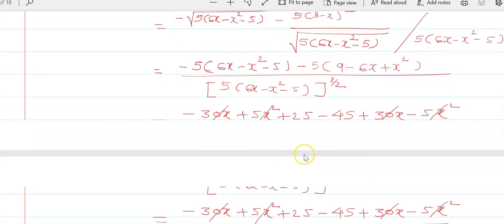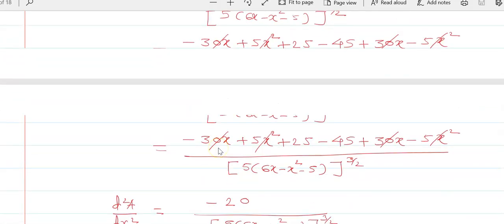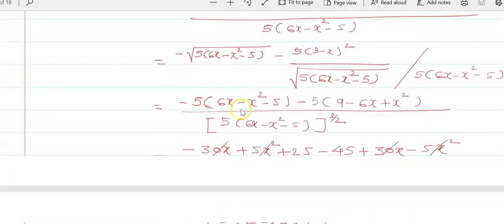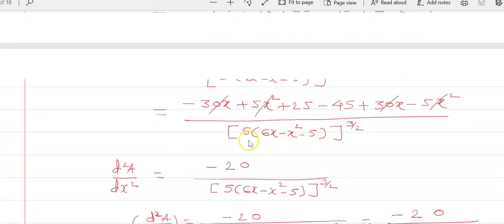Therefore there are tough calculations here. How you understand it depends on you. That is minus 30x. Again if you simplify this, then you will get minus 30x plus 5x squared plus 25 minus 45, and upon 5 in bracket 6x minus x squared minus 5 raised